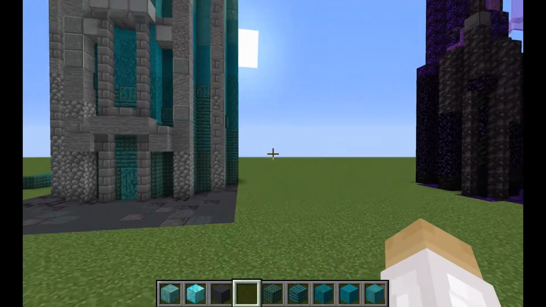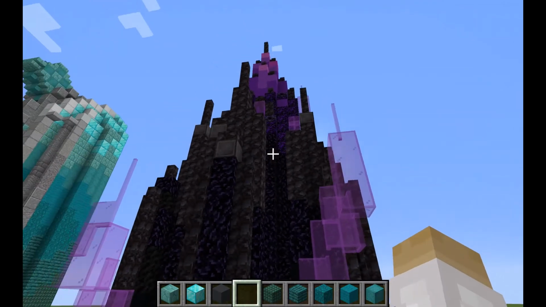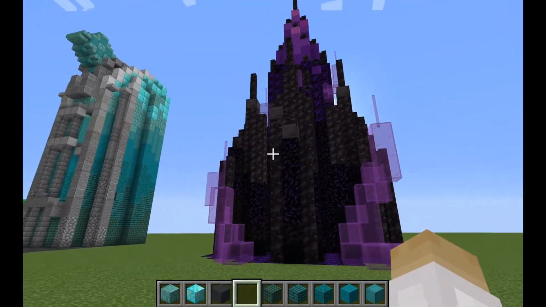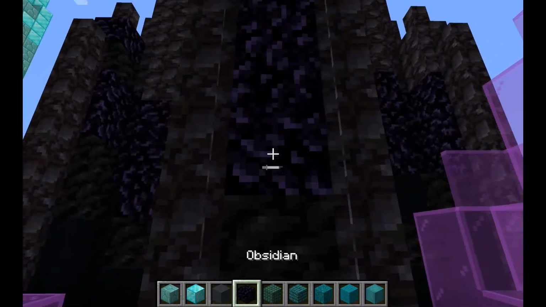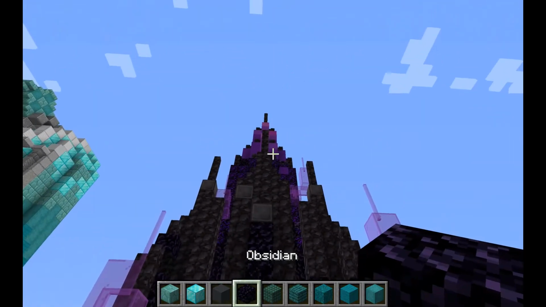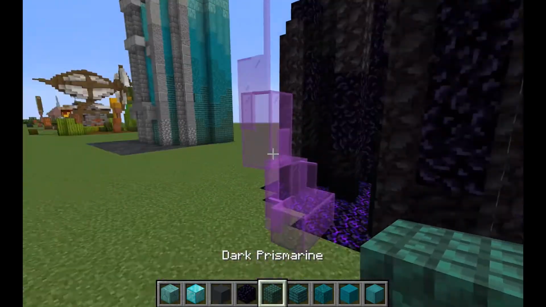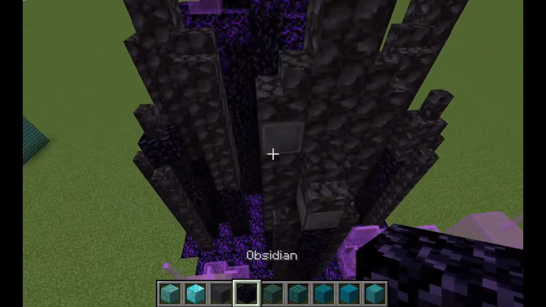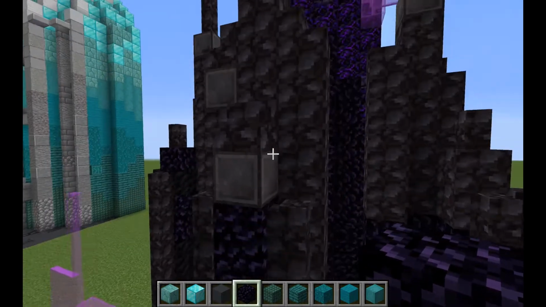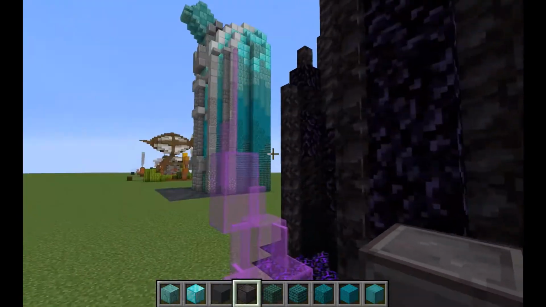Now, our next design uses a little bit of obsidian. Yet again, it's a really basic build. So you should be able to do this within maybe the first 10 minutes of your new world, because obsidian really isn't that hard to get. Yeah, so this is a magic castle. So I'll put some obsidian, blackstone, a few netherite blocks, not too much of a hassle. Some crystals,